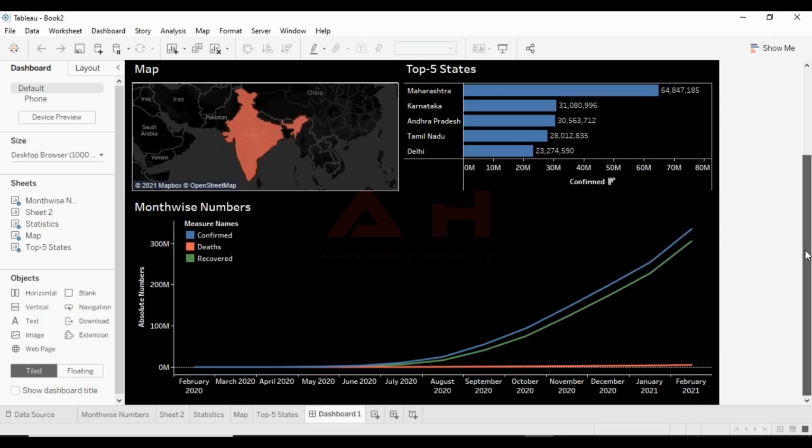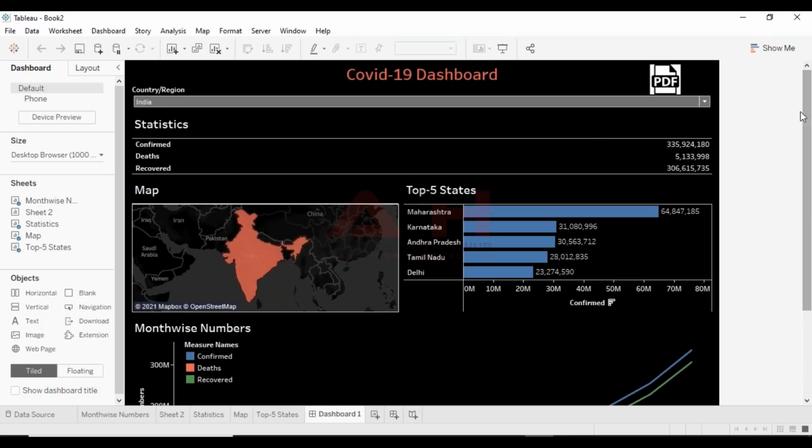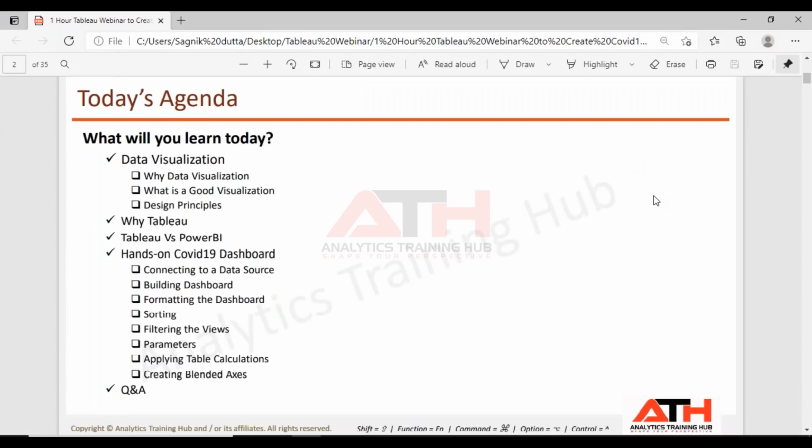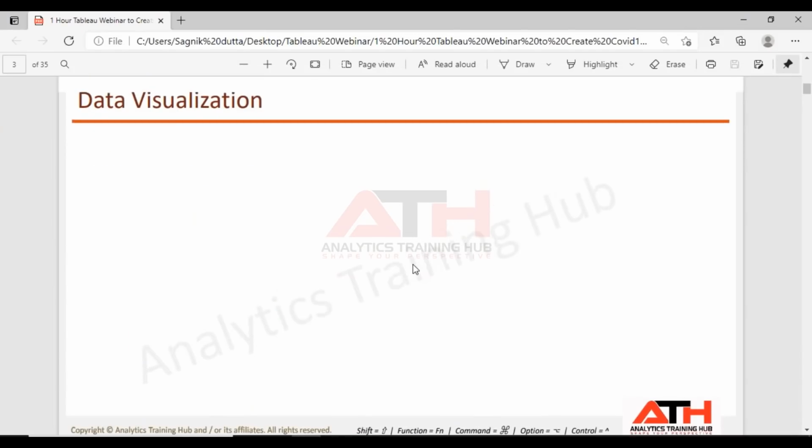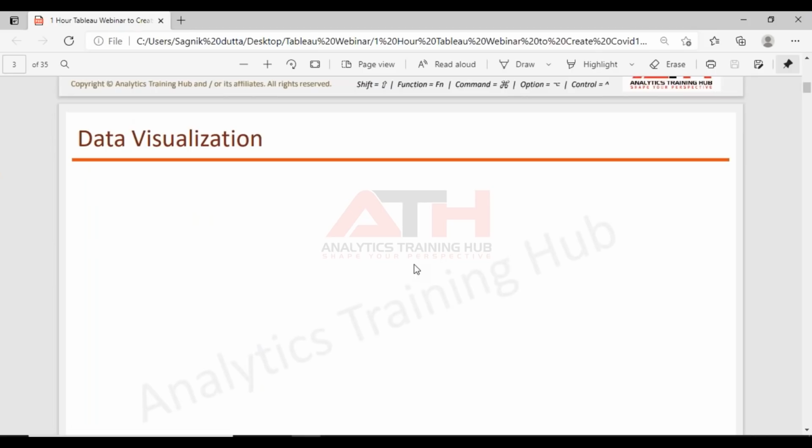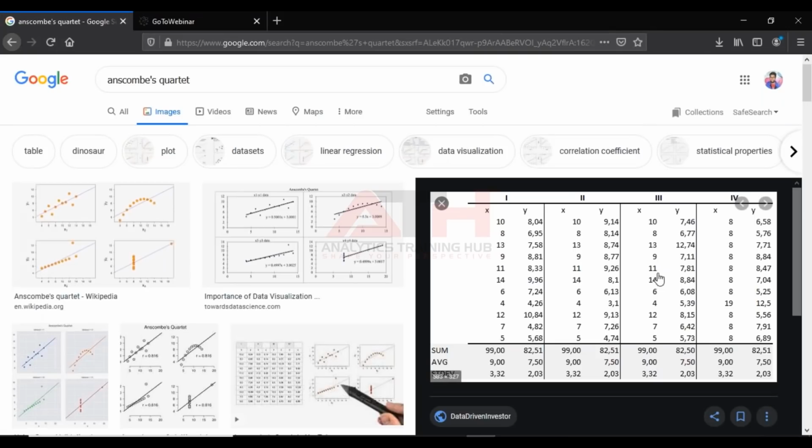However, before getting into this, I just want to cover some of the topics in the data visualization part. So what is data visualization? I have here one of the interesting data sets with me. It's called Anscombe's Quartet.